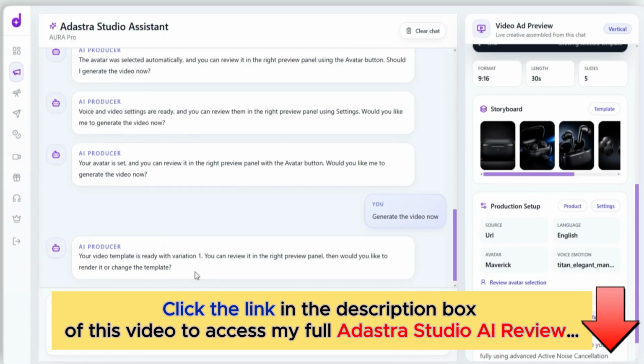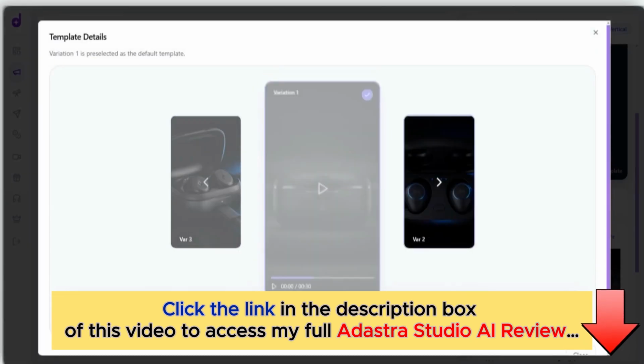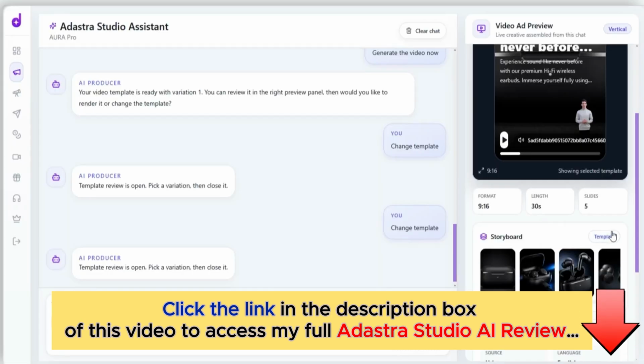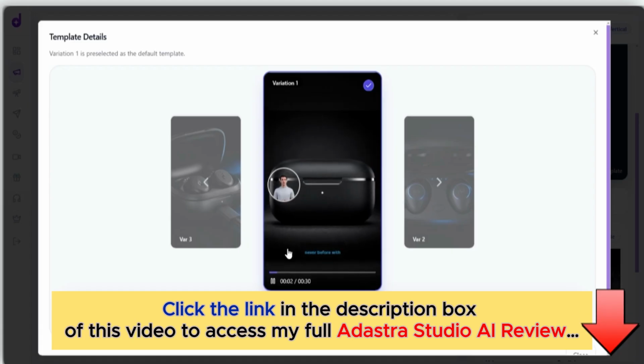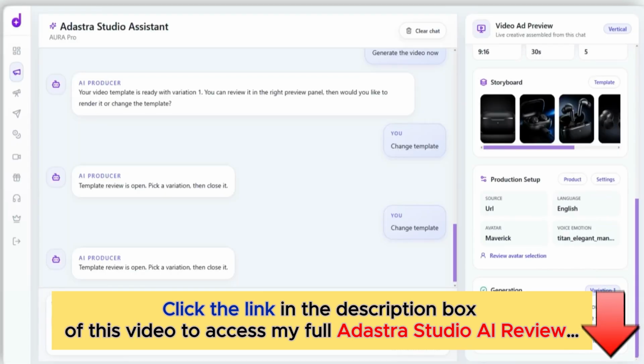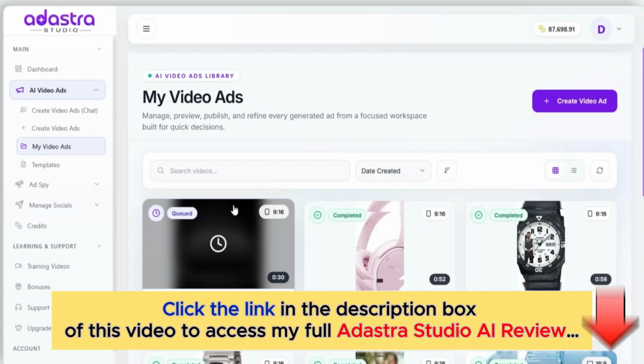My earbuds ad is ready. I can render it now, or switch templates to try a different creative style first. If I click View Template, I can preview my same ad in a completely different style, still built from the same product details. Once I'm happy with the style, I click Render, and I'm taken straight to my video ads where my finished ad